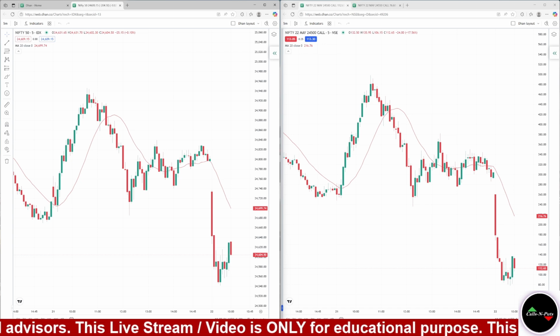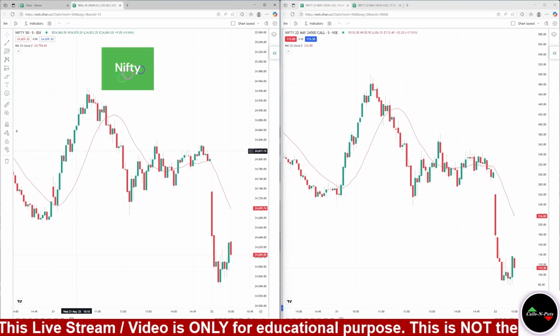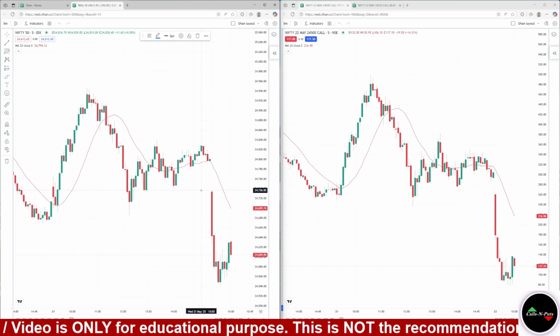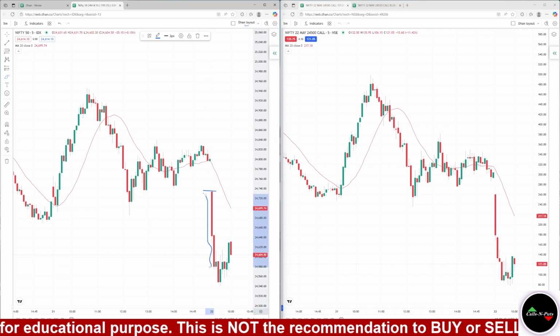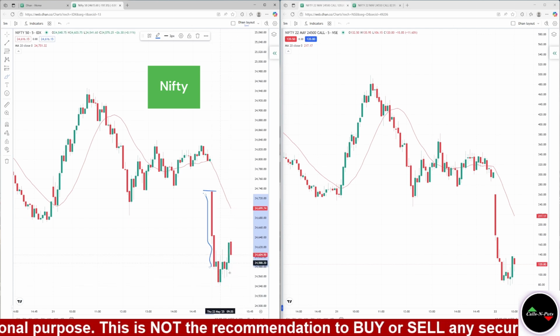So today's date is 22nd May, today is Thursday, and today is the weekly expiry of the Nifty. If we look at the overall market, Nifty opened with a bit of a gap down around the 24,740 level and showed a steep fall till 600 within the next 10 minutes. Within the next 10 minutes it tested 540, and currently it is trying to sustain above this